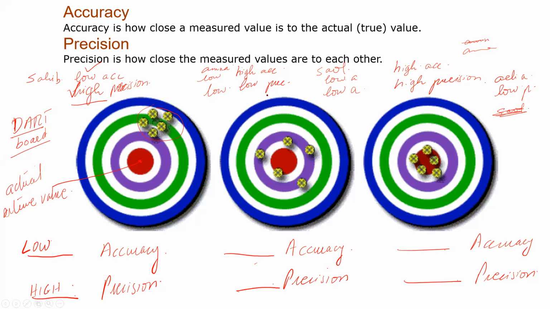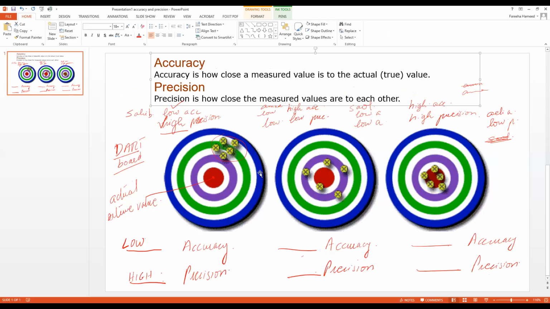Well, for precision, I can say that I made the right answer, but for accuracy, I'm not sure about it because it also has low accuracy. Those are not really close to the red spot. But at one point, I also thought that comparatively they are closer to the red spot.